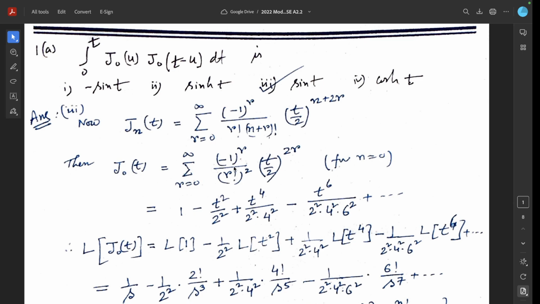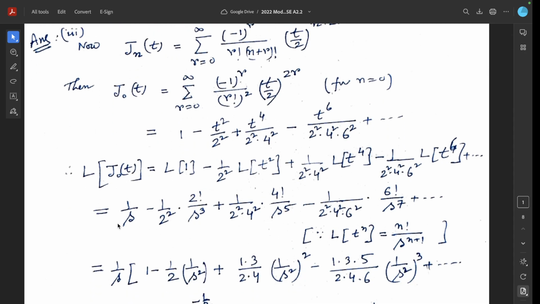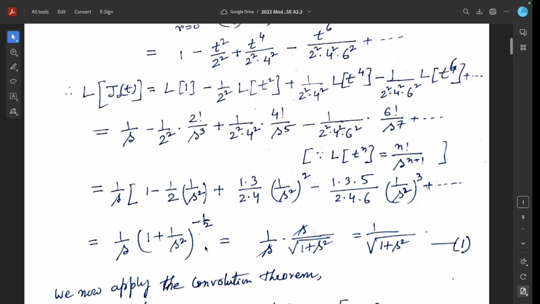For n equal to 0, J0(t) equals this series expansion. Now the Laplace transform of J0(t) equals the Laplace transform of 1 minus 1 by 2 square times the Laplace transform of t square, plus t to the power 4, plus the Laplace transform of t to the power 6, and so on. After simplification we get the Laplace transform of J0(t), this Bessel function, equal to 1 by root over